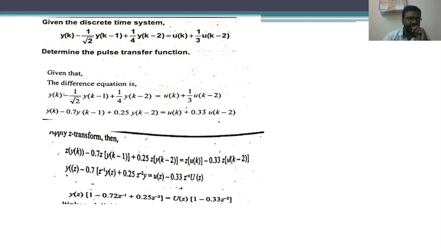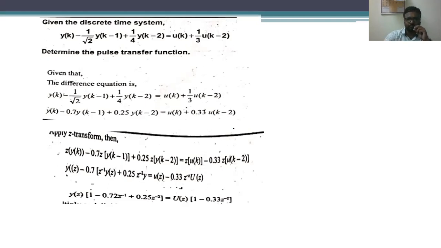So don't get confused regarding these problems. If he asks us to determine the pulse transfer function in a block diagram, you can go with that method. Or else, if he asks us to determine only the pulse transfer function or the Z transfer function, in which the system is given as a discrete time sequence, just calculate the expression Y(z) divided by R(z) or Y(z) divided by X(z), output divided by input. So don't get confused about this one.